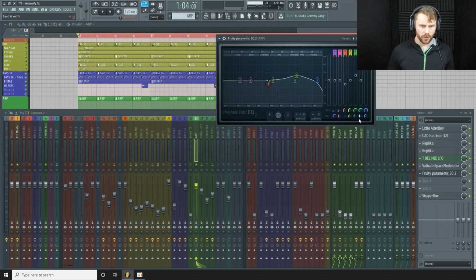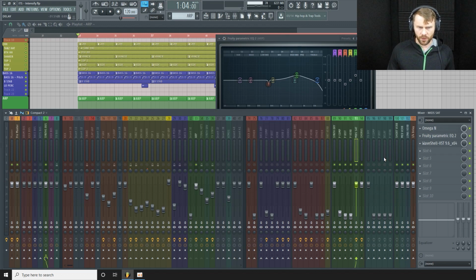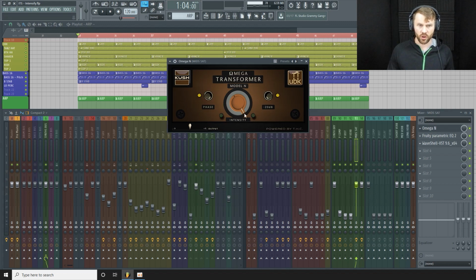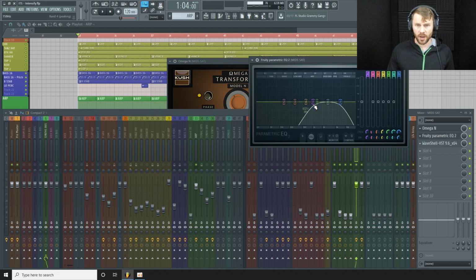So what I did was set up an auxiliary track with a little distortion here. So we have the Omega N, which is cranked all the way up, and then I'm focusing in on the upper mid frequencies. That's the only section that I want to distort. I don't really need or want any distortion in the lower mid area. I just want to focus in on this frequency band to really help it cut through when I open up